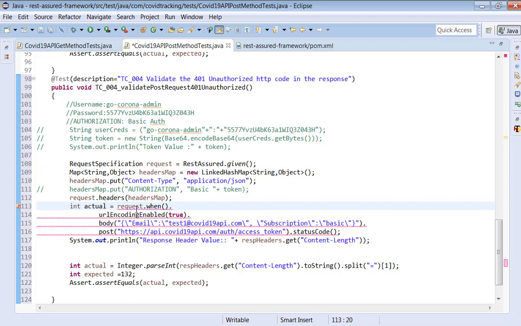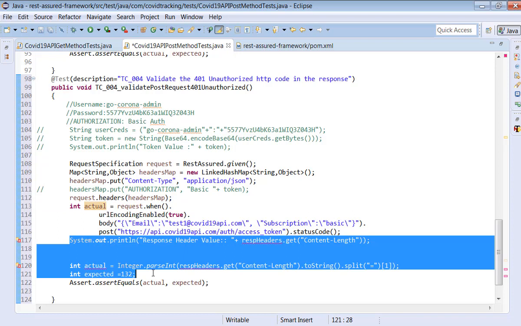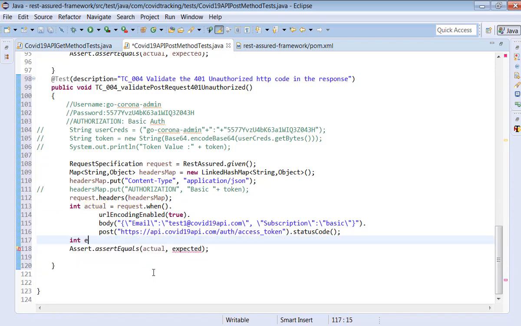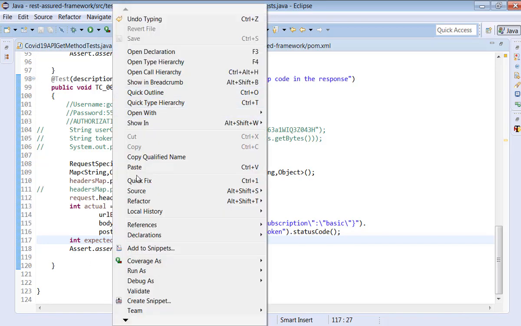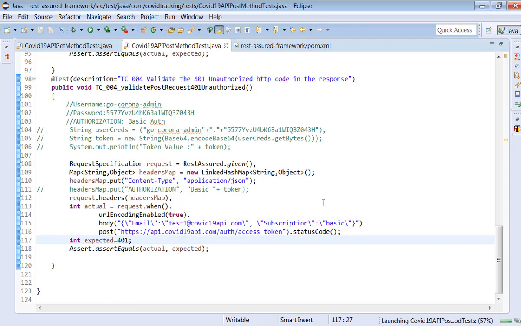You can validate the integer. Actually we got it. But what are we expecting here? I expected 401. Because we commented the authorization, definitely we don't get any response, because without authorization you cannot hit the post request.